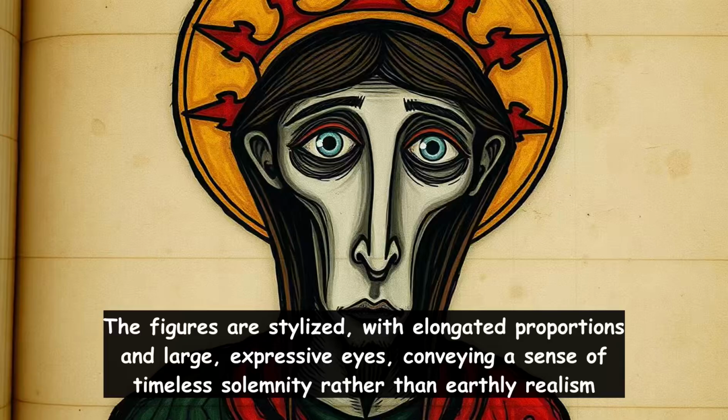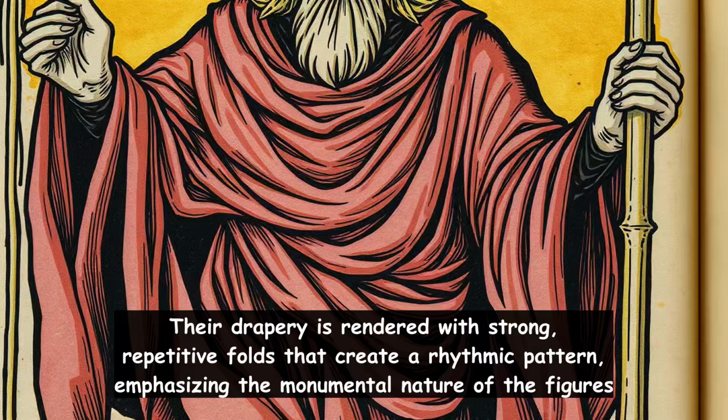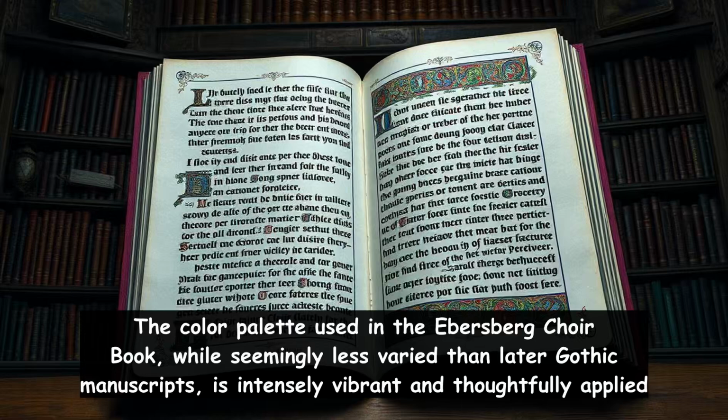The figures are stylized with elongated proportions and large expressive eyes, conveying a sense of timeless solemnity rather than earthly realism. Their drapery is rendered with strong repetitive folds that create a rhythmic pattern, emphasizing the monumental nature of the figures. The color palette used in the Ebersberg choir book, while seemingly less varied than later Gothic manuscripts, is intensely vibrant